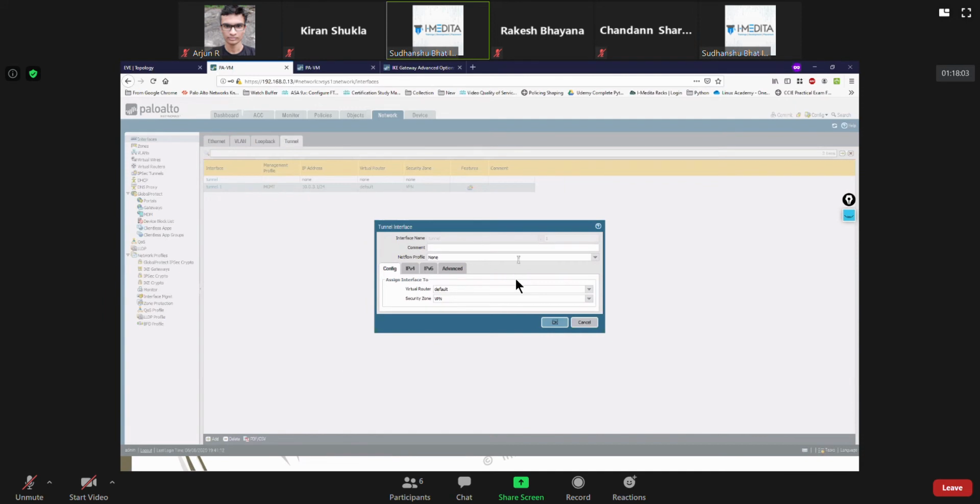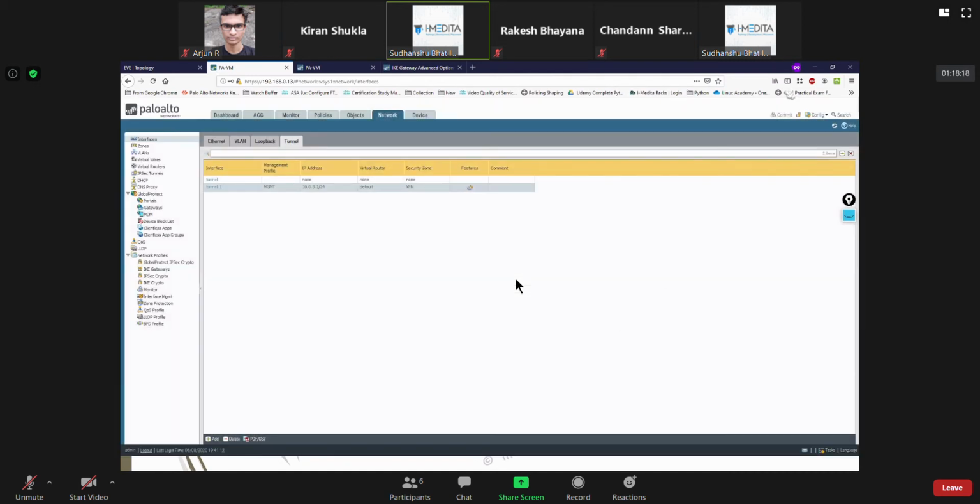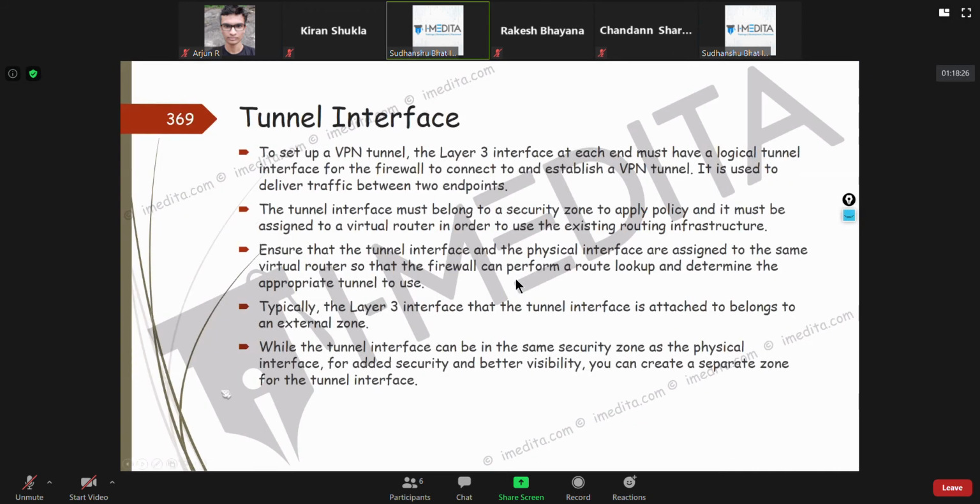Because once you have the zones properly defined, like the VPN zone, then you can easily define what things to allow from VPN to inside and inside to VPN. You might not want certain things from an App-ID perspective, or other things, to be allowed. So preferably make a separate zone.